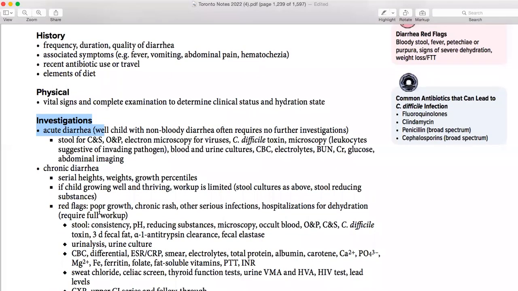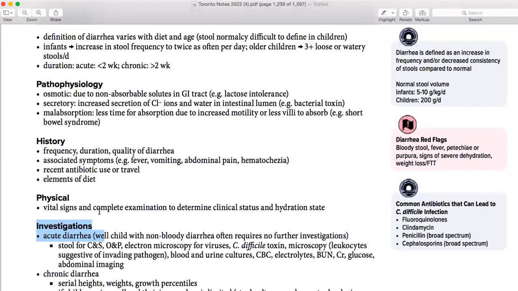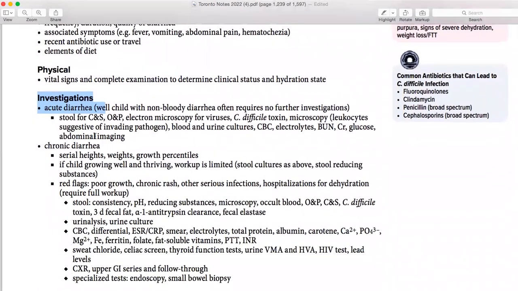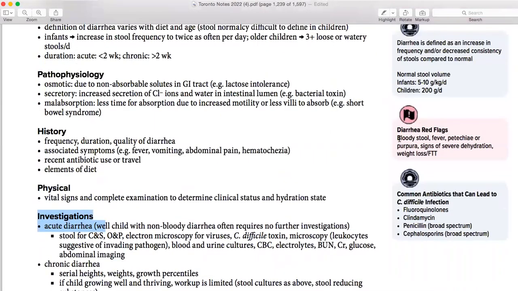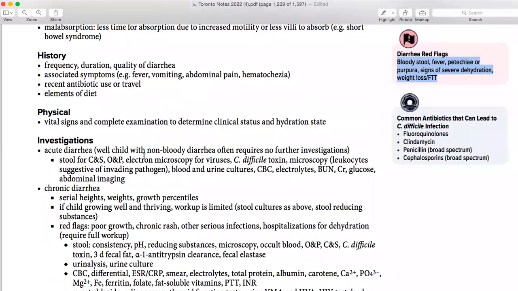So you have to start with sepsis. Diarrhea may present, but if it has been less than 2 or 3 days, it is basically normal, so they say give food and stuff like that. But if he's presenting with more than that, and having fever along with it, these are the red flags: bloody diarrhea, fever, petechiae, purpura, dehydration, weight loss. So you have to rule out these red flags and start with the investigation. In acute diarrhea, a well child with non-bloody diarrhea often requires no further investigation. So it's very important you know where you are not going to do further investigation and where you are going to start the investigations right away.